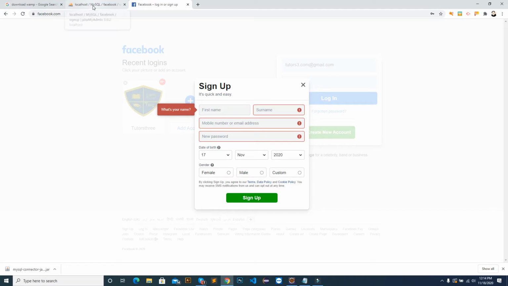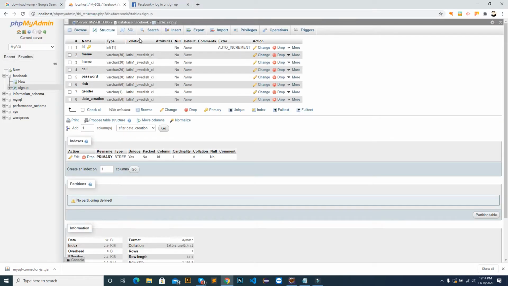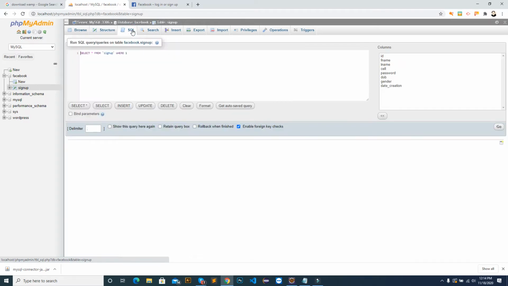So a programmer or developer will use SQL, structured query language. What is that structured query? Go to SQL. This is SQL, structured query language. This language is used to talk with the database. This is the database language, right? Just like you have Java, PHP, Python, these are all languages to talk with the web servers.